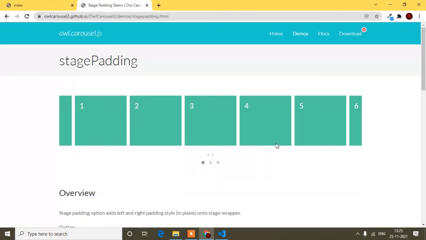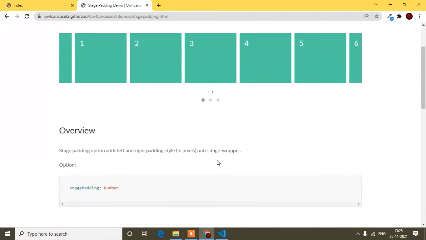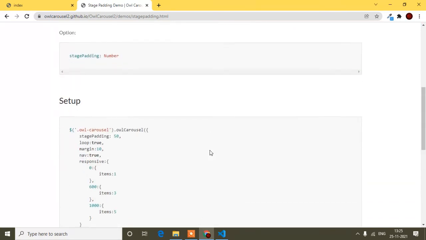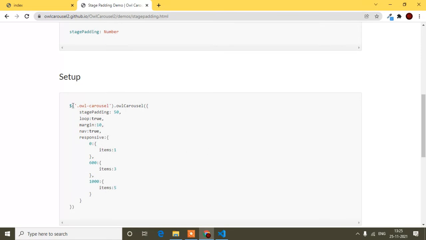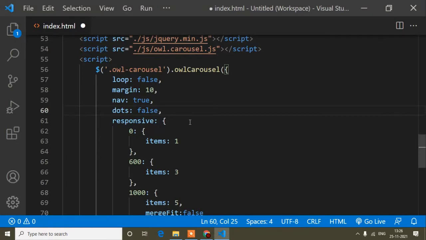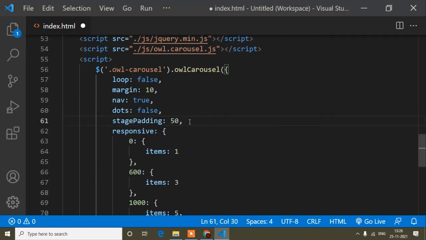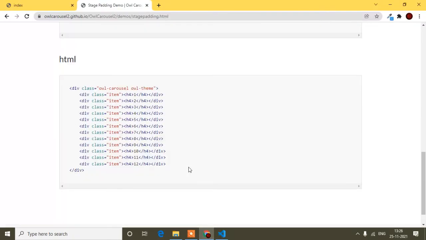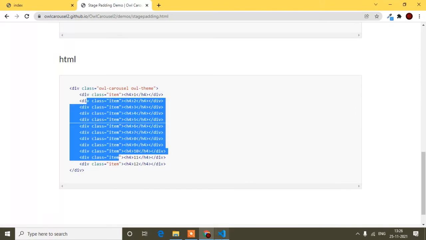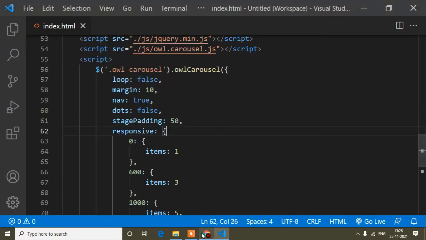Okay, the stage padding is something we sometimes need. So what is stage padding? You can see the first and the last item of the slider will show like this. So this is stage padding. How can you implement this one? Just copy stage padding here. The main part is that I will show the stage padding, this one, and the same thing you can write here. So I will save,